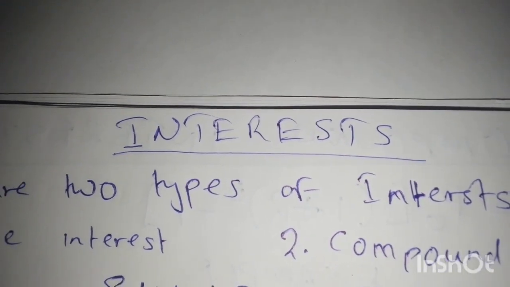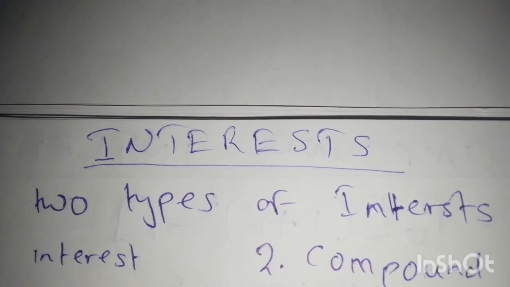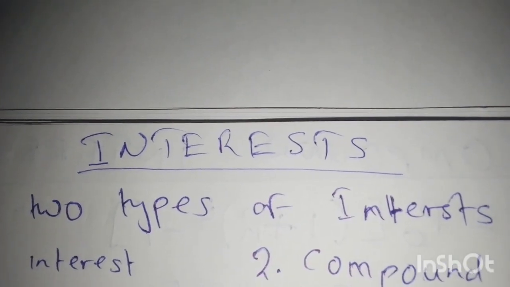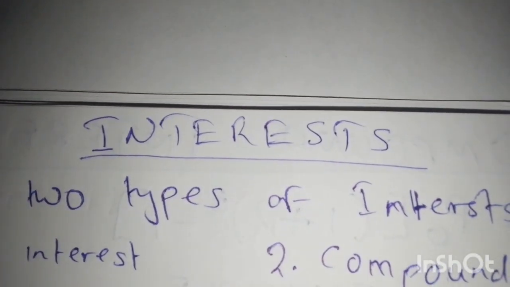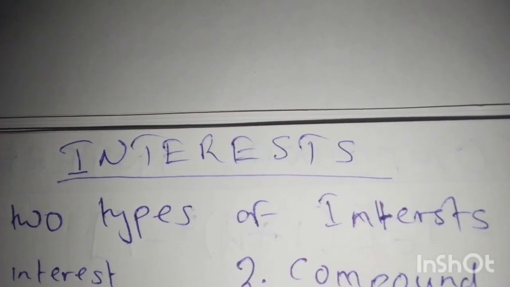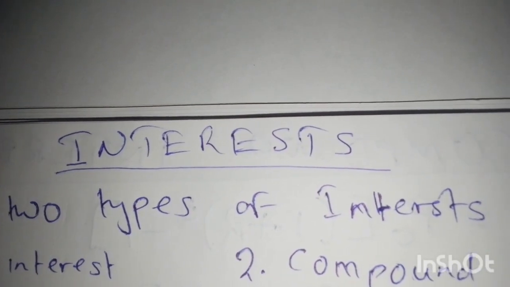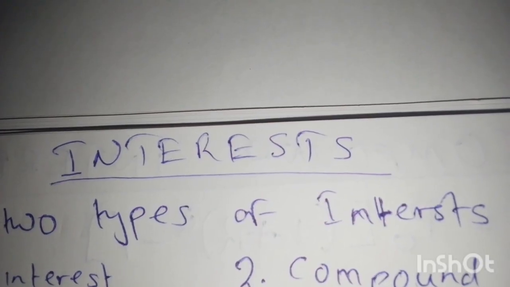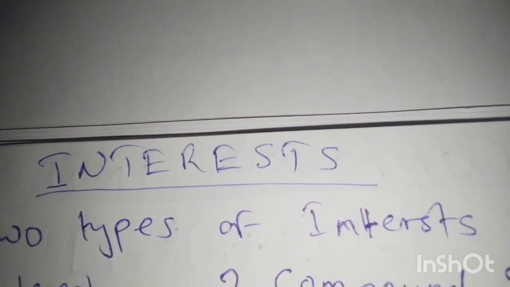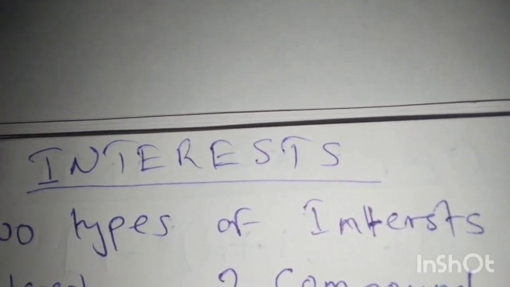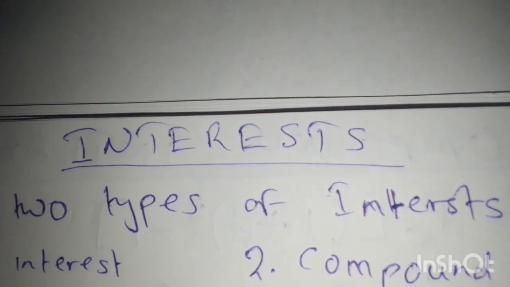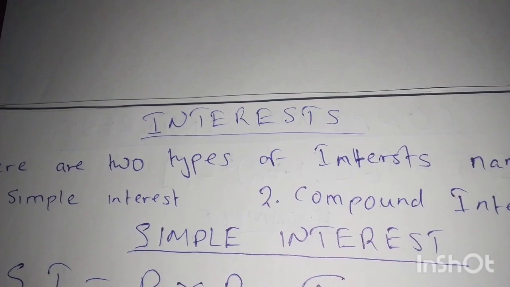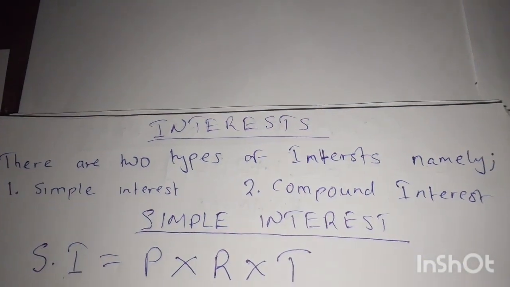Then there's also what is called accrued amount. This is the principal amount plus the interest amount the person returns to the bank. Under interest, there are two types of interest: simple interest and compound interest. First and foremost, let's look at simple interest. By definition, simple interest is the method to calculate the amount of interest charged on the principal amount at a given rate for a given period of time.